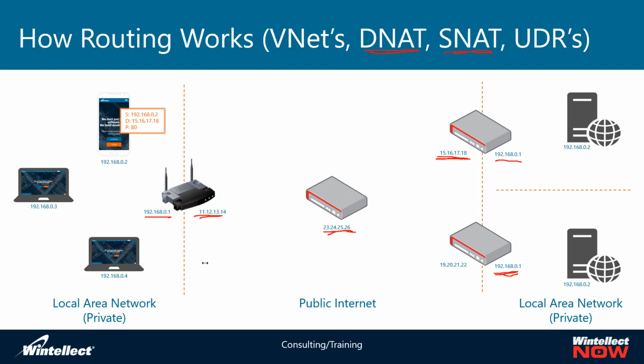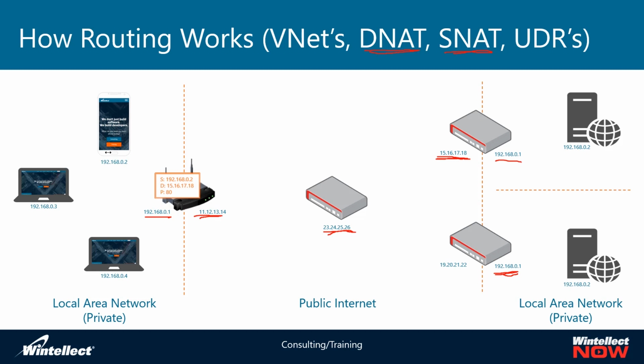Now this next one, I have the source as 192.168.0.2, but notice the destination here has changed, 15.16.17.18. Now when I send that, the router is going to see this one and route this packet to its default route because it can't route this locally. So it's not going to attempt to send it. So what ends up happening is this packet gets sent to the default route, which would be 192.168.0.1 for my